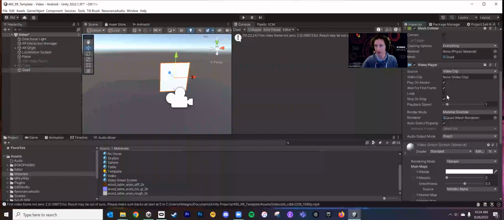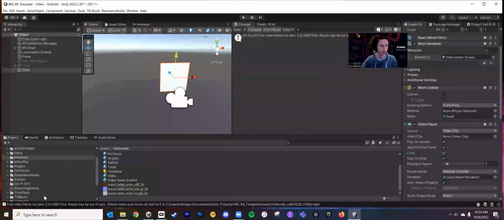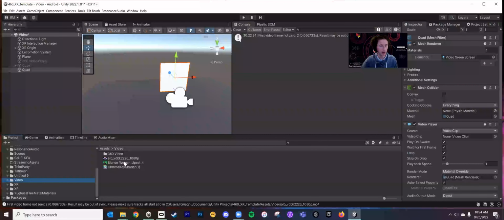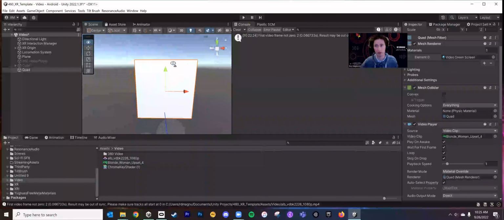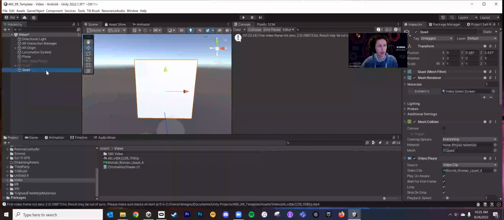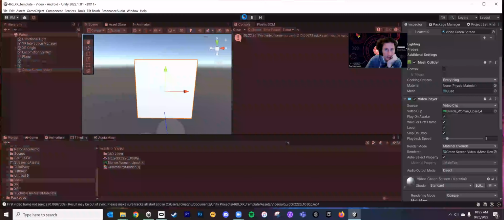Let's add a loop. And we have the setup for material override still, right? Let's add a video clip over here. I have grabbed this video. It says Blonde Woman Upset 4. I just went to Google and typed in free green screen video, but you're welcome to shoot this stuff. We have a green screen room and green screens for you guys to use. I'll rename this to green screen video. Okay, so if I hit play here, save,